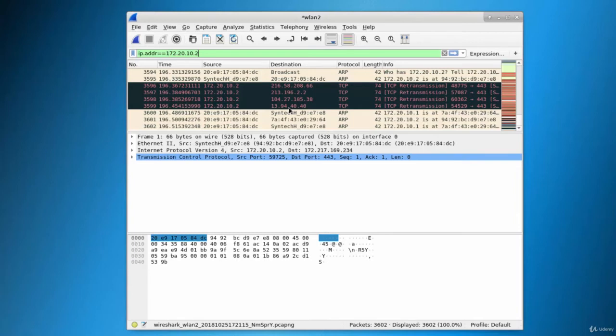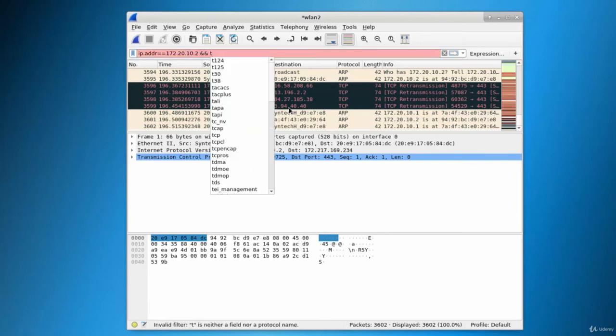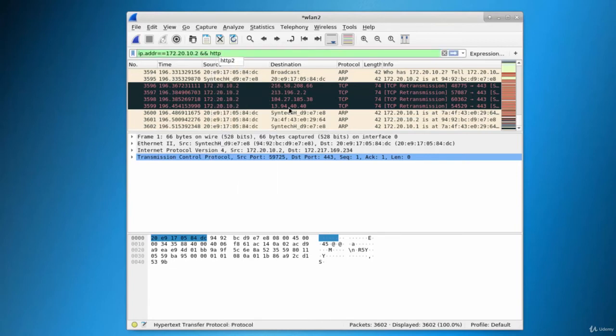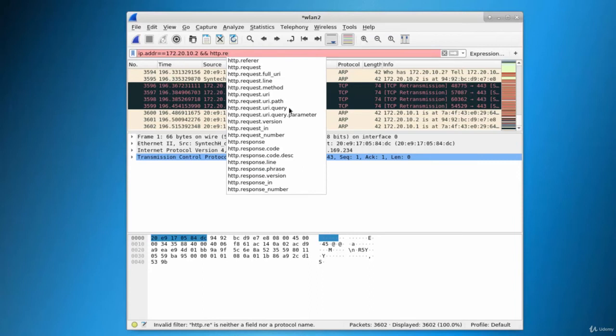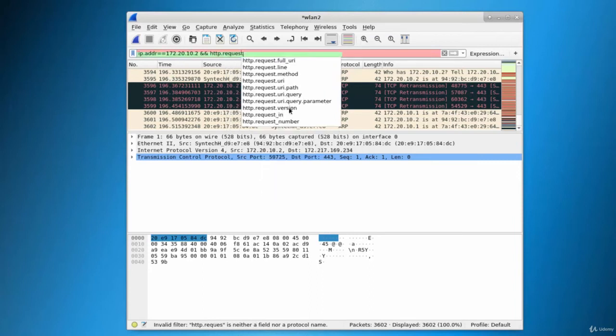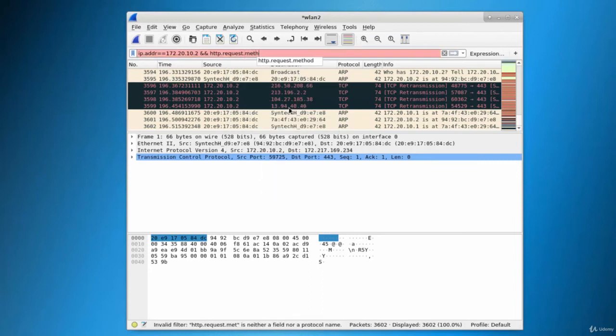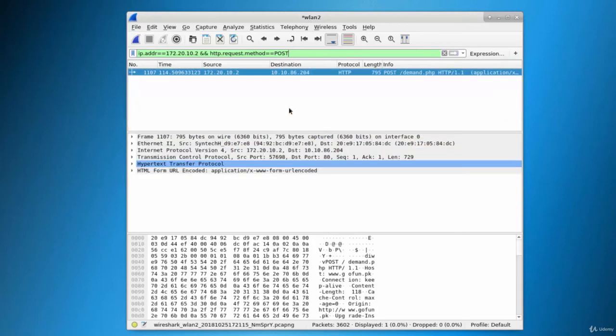And the packet in which we are interested are HTTP post packets. So let's just type http.request.method double equals POST, and POST should be in capital, and let's just hit enter.